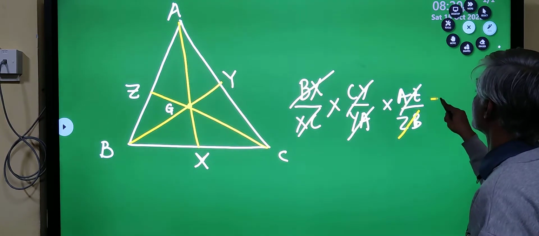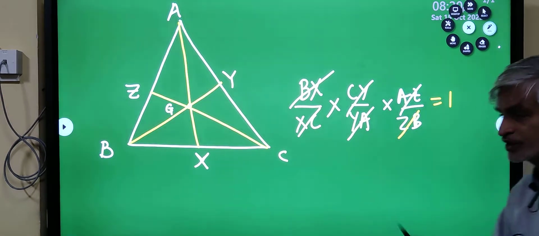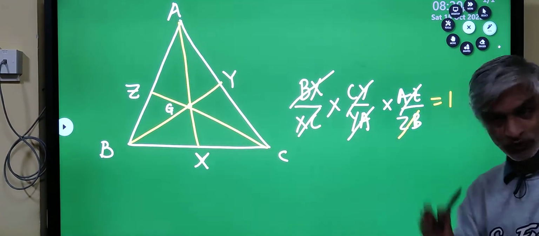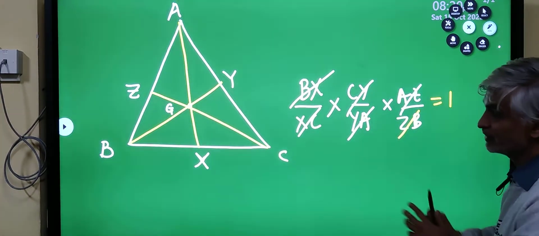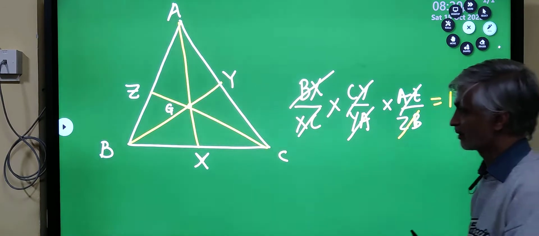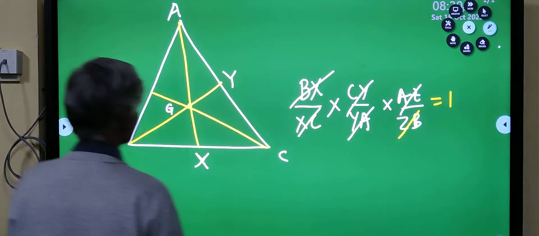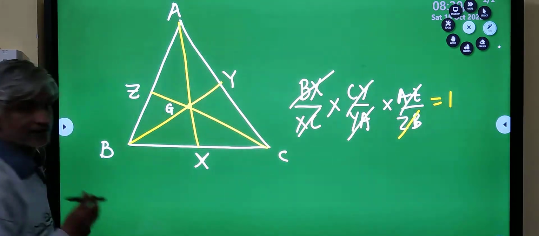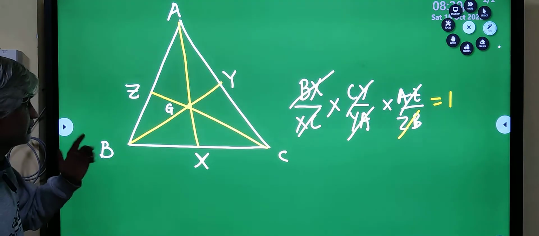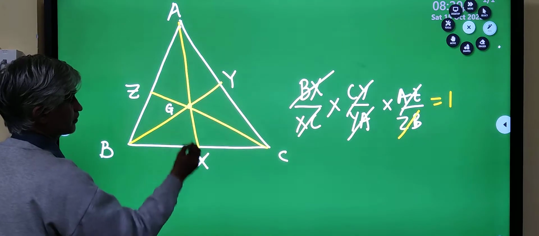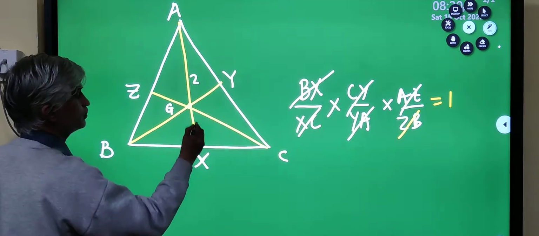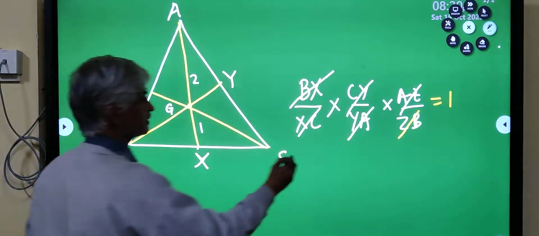So this is definitely equal to 1, and by the converse of Ceva's theorem, which we haven't proved, medians are concurrent. But let me now do one more interesting thing, which is to prove that the point G, the centroid, a well-known result, is dividing the median in the ratio of 2:1. So what we are saying is,